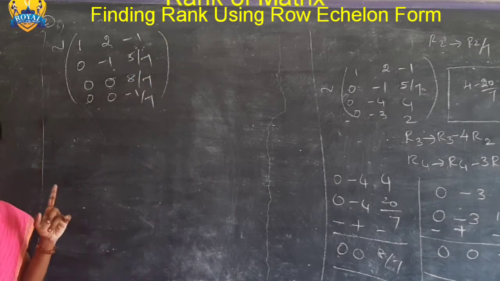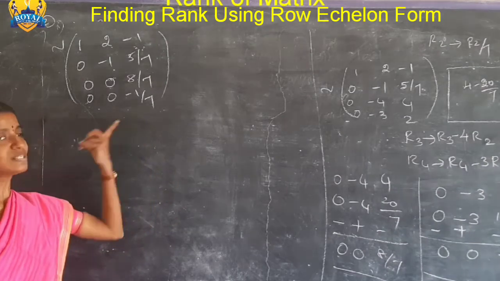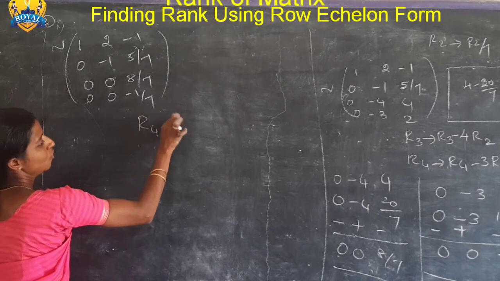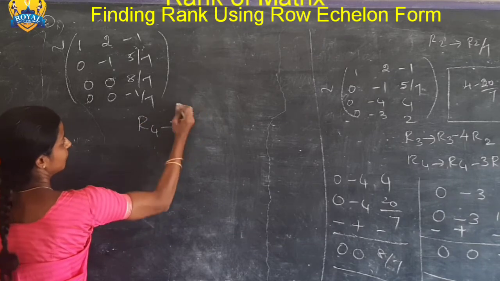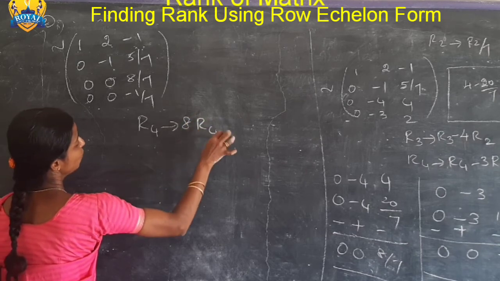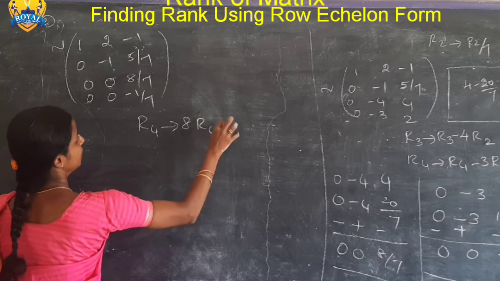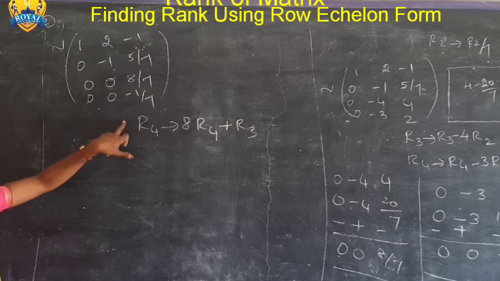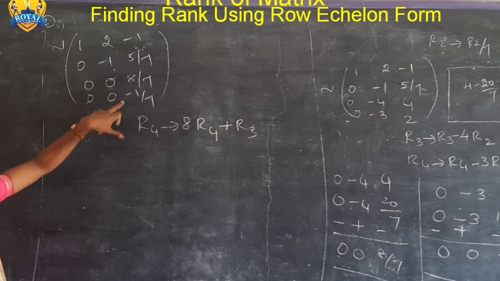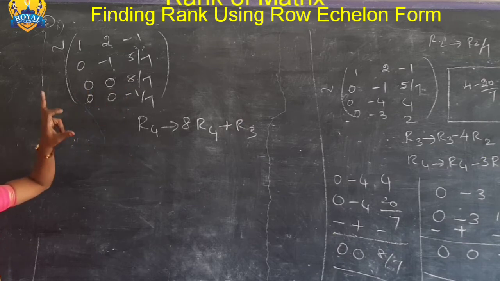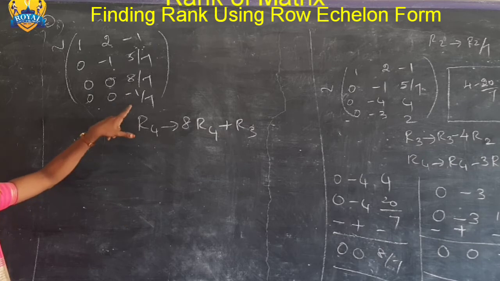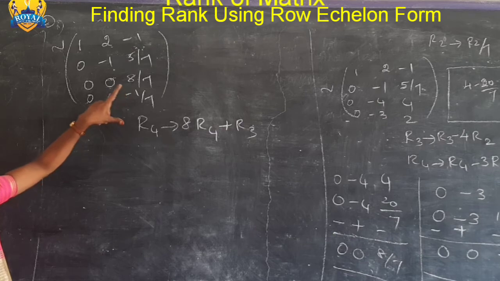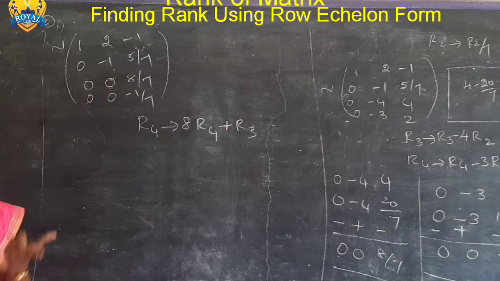Now it is very easy to bring this 0 because I have 2 zeros. So I am going to do R4, 8 times R4 plus R3. I am going to multiply this 8 minus 8 by 7. That if I add with R3, I get this 0. I am going to multiply by 8 in row 4. So minus 8 by 7, add it to R3, minus 8 by 7 plus 8 by 7 becomes 0.